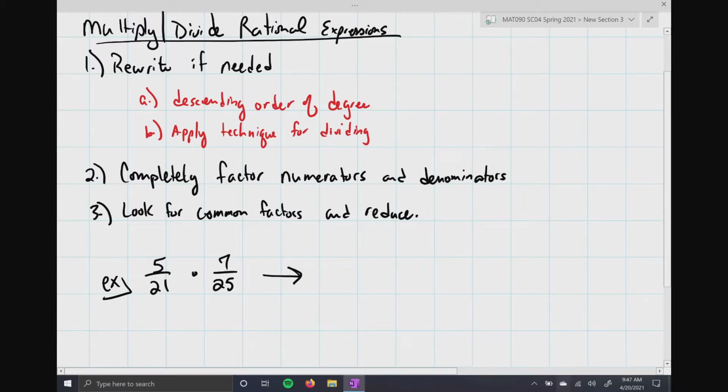5 is a prime number. 21 is 3 times 7. Multiplied by 7 is a prime number. And 25 is 5 times 5. Now,